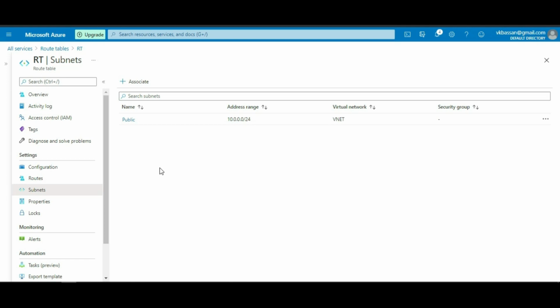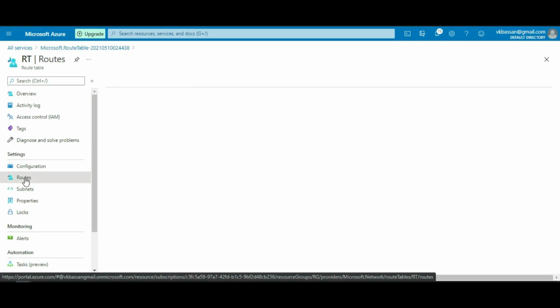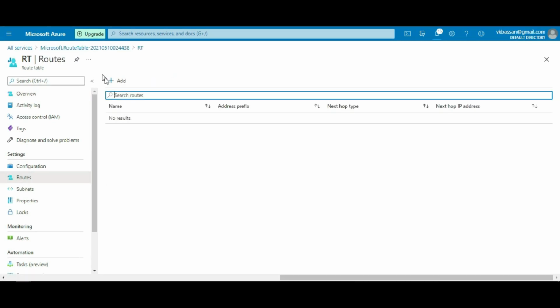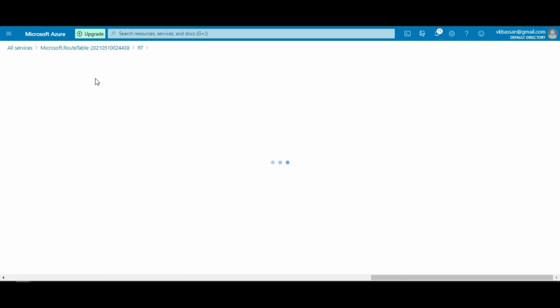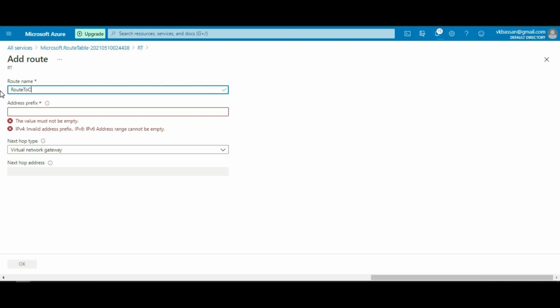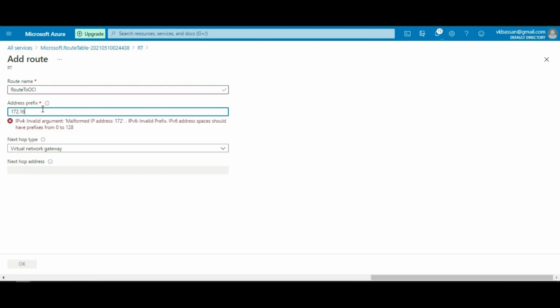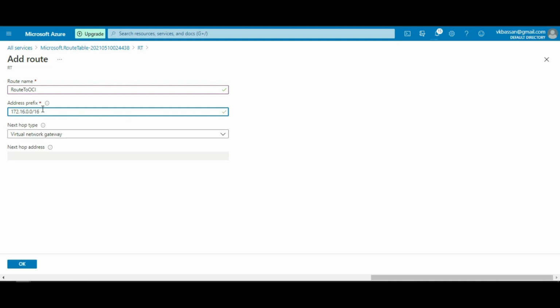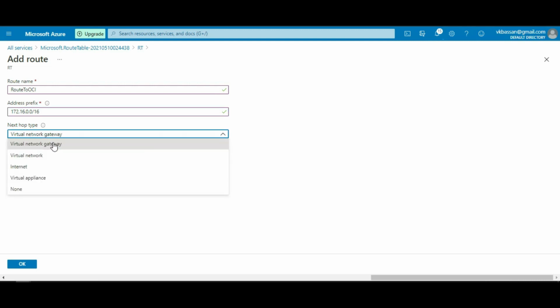Now we will add route rules. Go to the routes, add, give a name to it, route to OCI. We'll provide the prefix of the OCI, 172.16.0.0/16, and it will route towards the virtual network gateway.